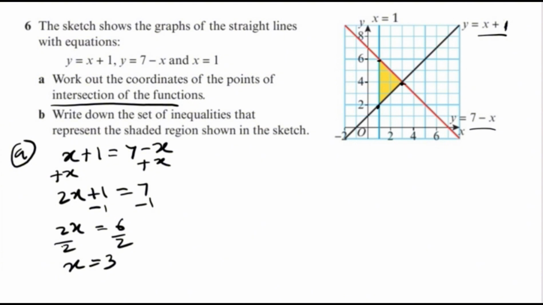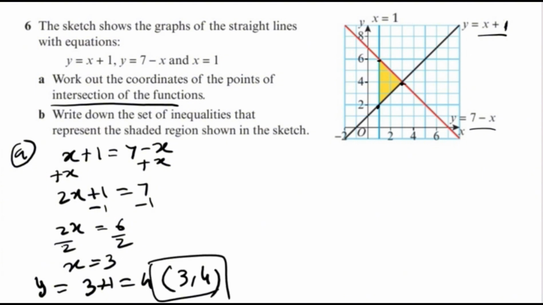So you can put any of the line equations. Here I can use y is equal to 3 plus 1, that will give me 4. So my first pair of coordinates is 3 and 4. Okay, that is this intersection point. I can write it down here, 3, 4. As you can see in the graph also we can get it, but we have to do this by